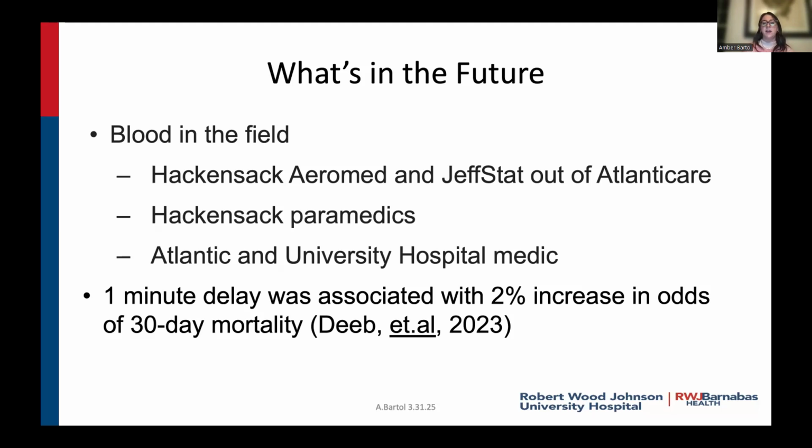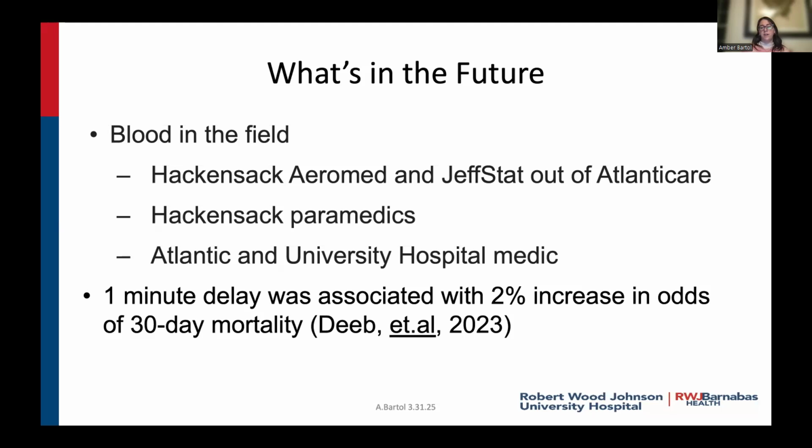And then Atlantic and University Hospital are on the horizon. They should be getting approved within the next few months. And then Robert Wood is also trying to do this as well. So hopefully we can get on board, and St. Joe's, and hopefully we can get most of the trauma centers in the state to start doing this